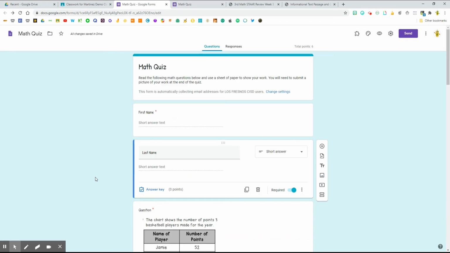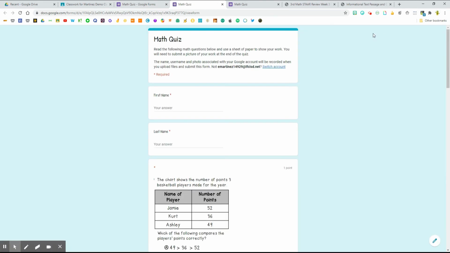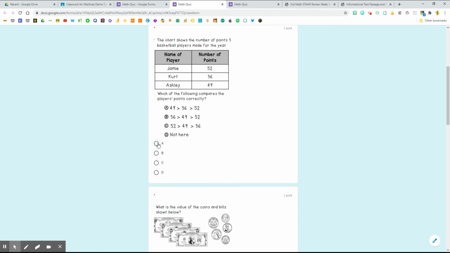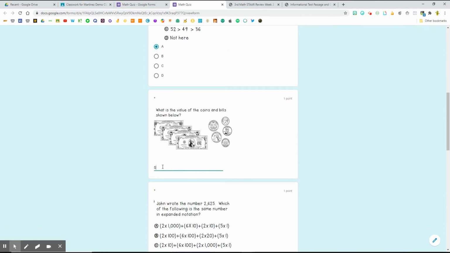Once you are done reviewing the settings, the next thing you want to do is preview the quiz to make sure that you do not need to make any edits. So this is what students will see when they open up the quiz. They will have to type in their first name, their last name. They will then have to answer each of the questions. In this question, remember, they will have to insert the amount of money that they